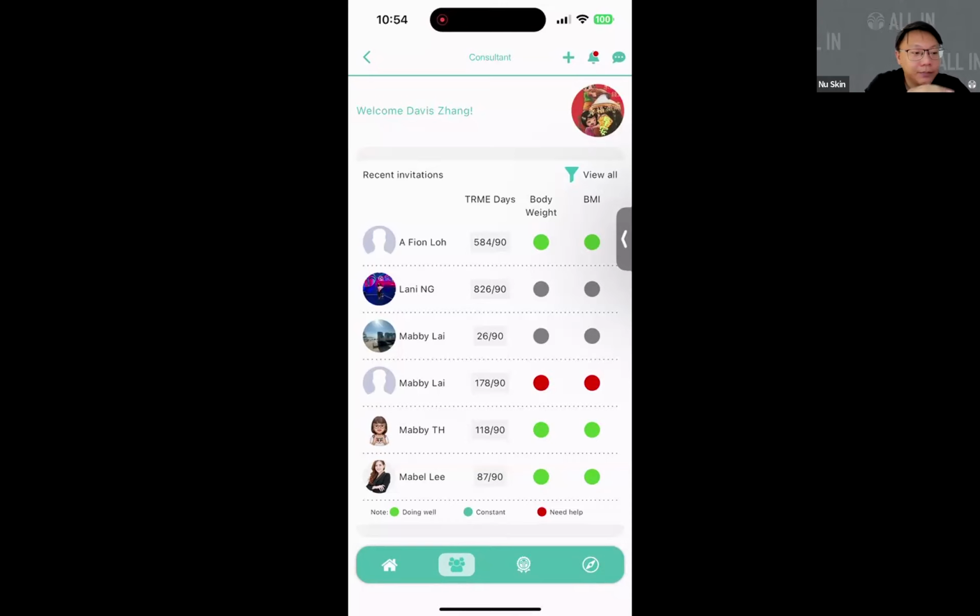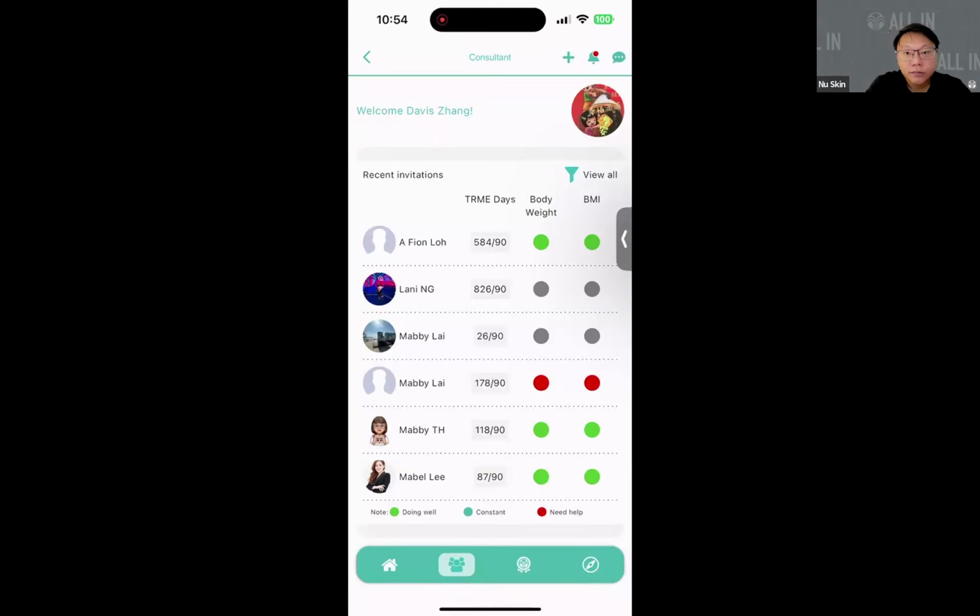Okay, you can also filter them. So then moving on to the right side, you will see some circles, body weight and BMI, some in green, some in gray, some in red. And what do they stand for? Okay, it means that it's showing you a quick glance of their progression. If you see a customer that is showing green, it means that the last record that they have entered, compared to their first benchmark record, they have made improvement. So it is showing green. If you see red color, it means that they probably need some attention.